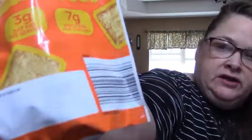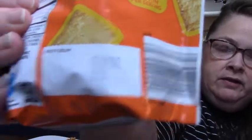And I don't know if you can see that, but they expire May 24th of 2022. I like these better than the everything. Okay, well, I would say I slightly like the everything a little better. You do? At least so far. I don't get an old taste at all, but I do get a sharp one. You know, with cheddar, if it's really sharp, it has that kind of tang, like you can taste it. That's what it reminds me of. So I would definitely use these, and they would go with any dip,